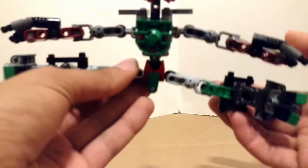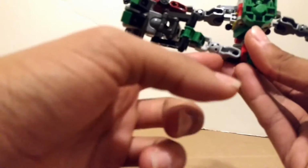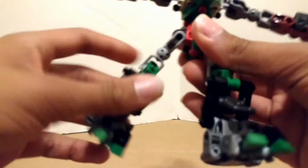Probably. Okay, so he can do the full splits like so. He does the full Van Dam and beyond because it's a ball joint. Forward movement, back movement. I mean, he could do the full 360 on the legs if you so wanted him to. He can also lose his arm. At least he doesn't lose it as crazily